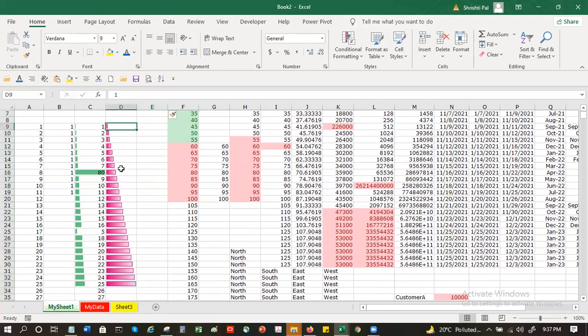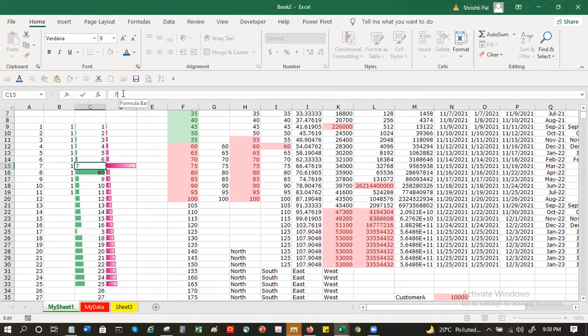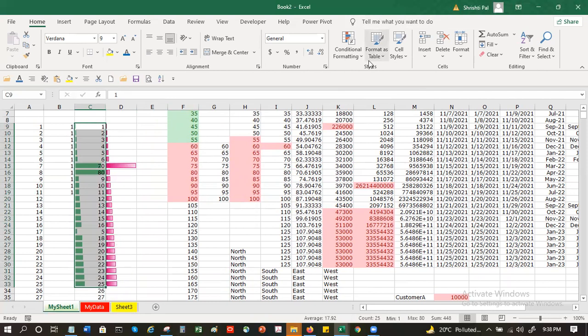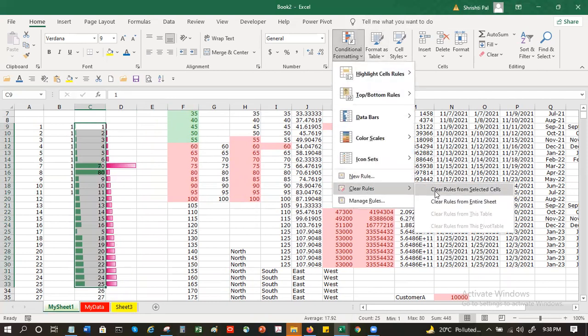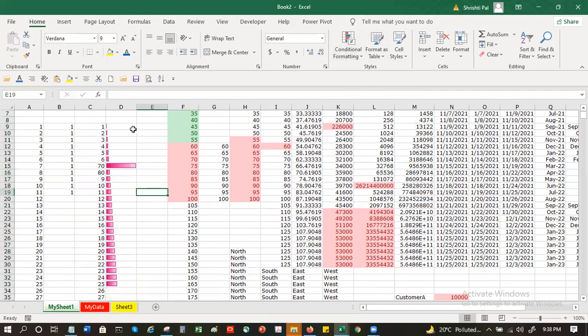Now you will say, sir, I changed this from 7 to 70. This graph changed, but this graph remained. If I change this, this graph doesn't change, because I may want the numbers on one cell and a graph on another cell. I have a table.